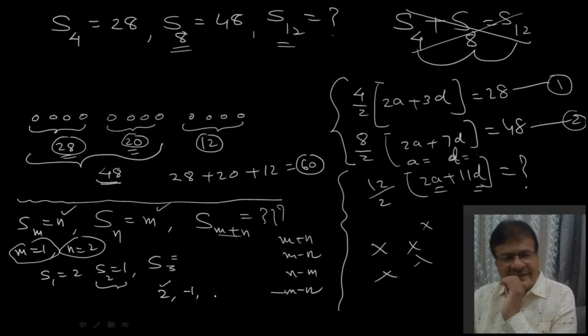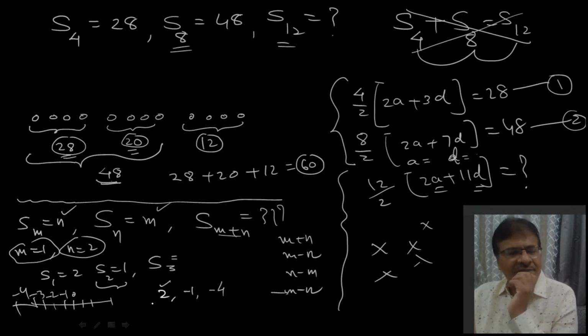Yes, no. Can I get the third term? The common difference is minus 1 minus 2, that is minus 3. And if I add minus 3 to this minus 1, what do I get? Minus 4. Is that clear? If you are not getting it, you can make this number line. This is 0, 1, 2, then this is minus 1, minus 2, minus 3, minus 4. After 2 we get minus 1. 1, 2, 3 steps. So again 3 steps, 1, 2, 3 steps, we will get minus 4.